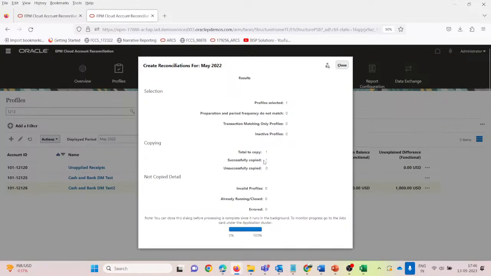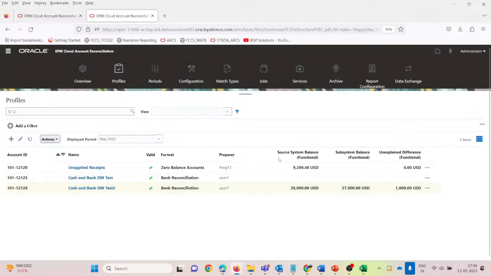It has been successfully copied. Okay. Now we can see